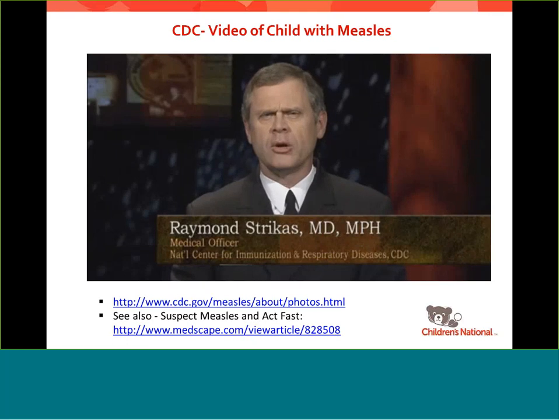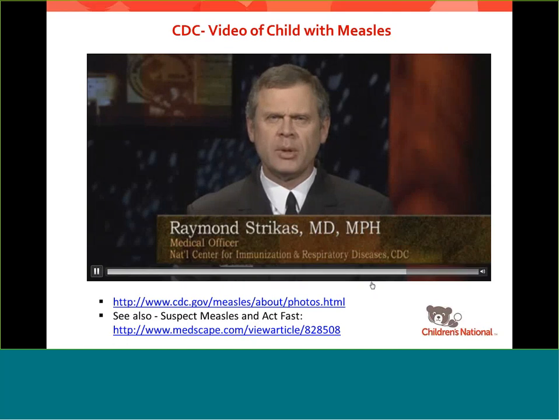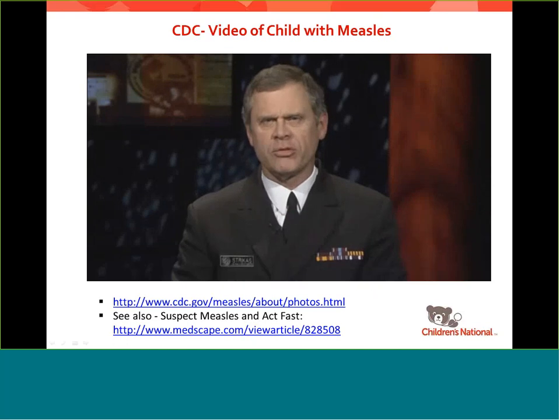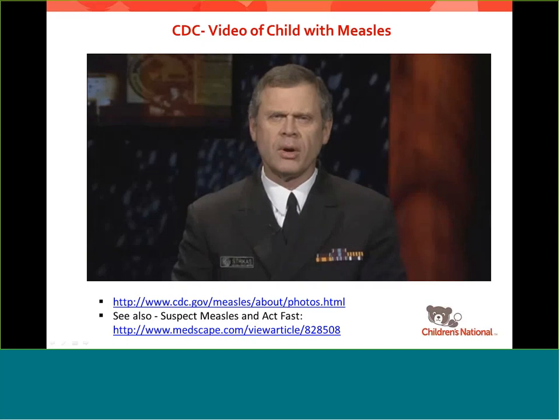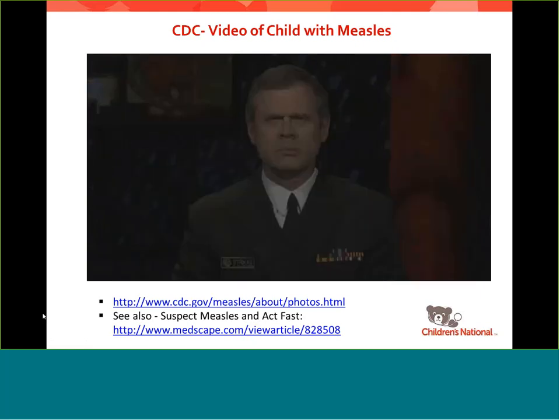If you see or hear about a person who had an influenza-like prodrome of cough, coryza, and fever, then developed a rash, you should suspect measles. You should be really suspicious if that person is unvaccinated or has a history of recent international travel. If you suspect that someone has measles, you should obtain a blood sample for serology and a nasopharyngeal specimen for viral isolation. Notify the state health department as soon as possible. Do not wait until lab tests come back. Control measures must be started immediately, not later.